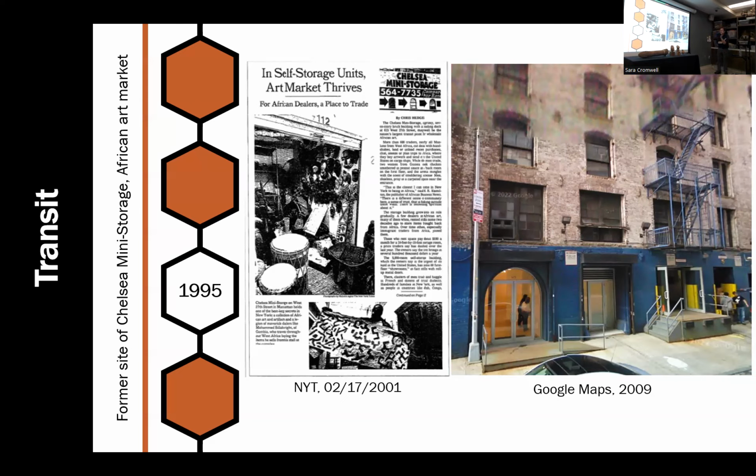So 1995, though, is a critical year. While this Chelsea mini storage unit scene here starts to get really revved up in around '89, '90 with a heightening of the African art market in general, '95 is possibly when these Bura objects specifically start coming to New York City. This is at the tail end of a major international exhibit called Vallée du Niger, the Valley of the Niger River. A huge art exhibit featuring Nok terracottas, featuring Djenné terracottas, and introducing for the first time to the world